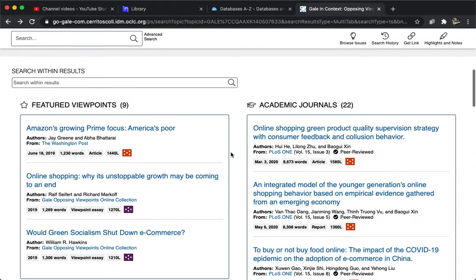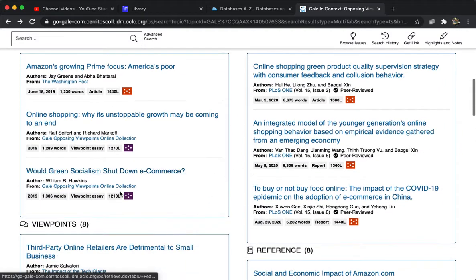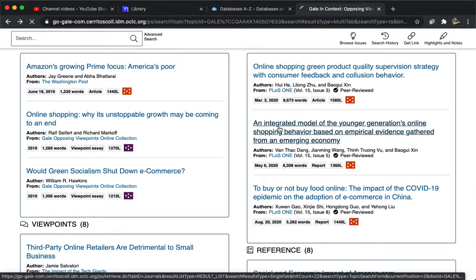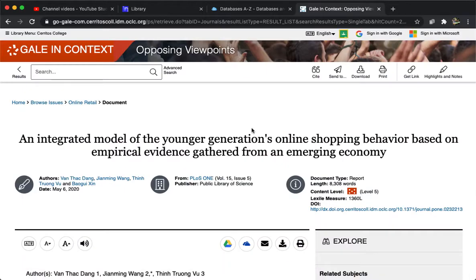That shouldn't be a source. The stuff down here is what should be a source. So I'm just going to click on one just to show you some of the features here. So when you open up a source,